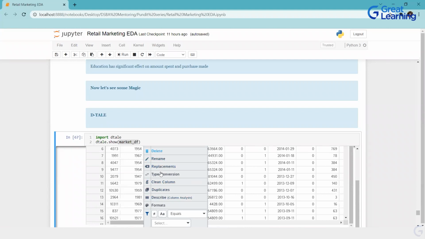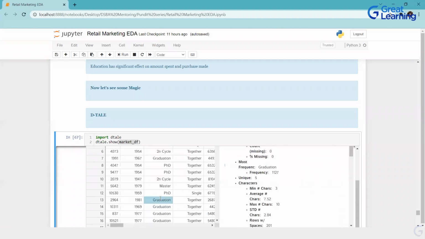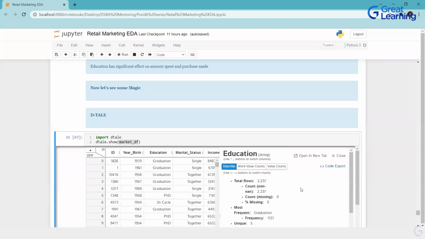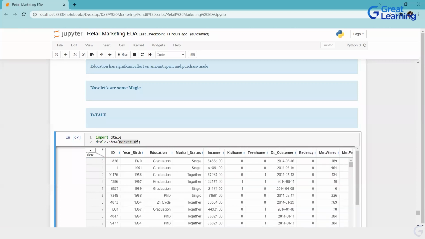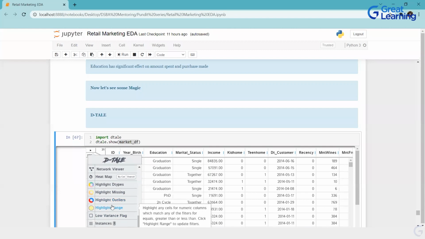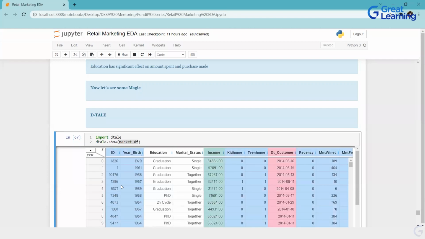See, describe. Let me show you describe. It is giving you all the information for that column. Each and every column you can see over here. Now, from here I'll show you the correlation plot. Missing values: I don't have any missing values, so it won't highlight. Highlight dtype. See, it highlighted your data types here. This is date, these are continuous. That's how it highlighted.